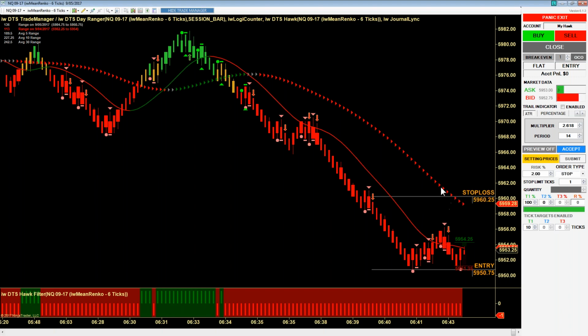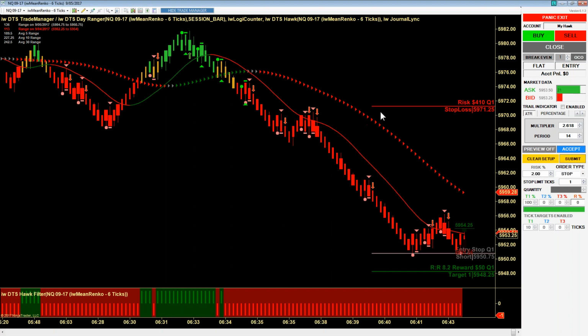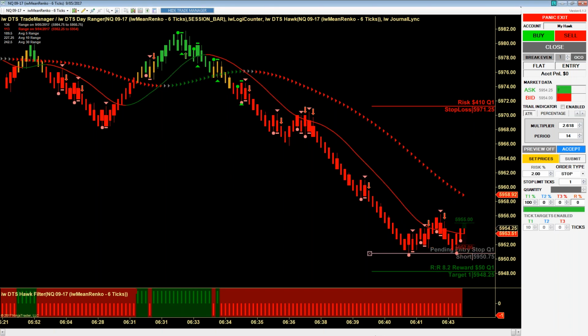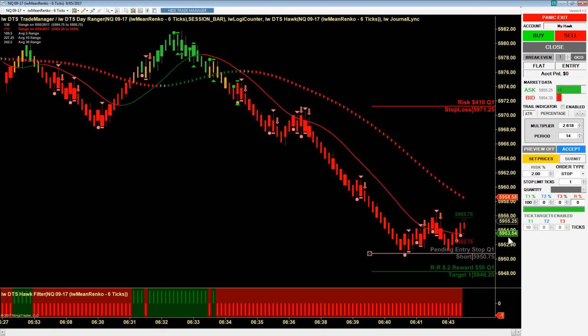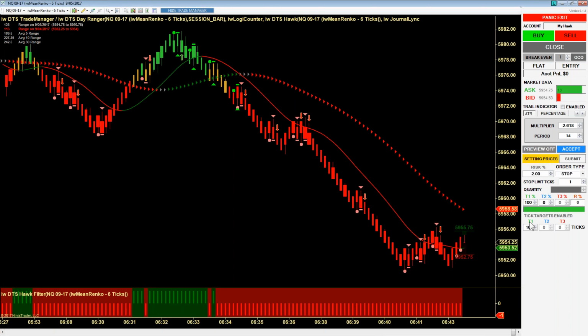Well, where do I cover this trade? Can I cover it all the way up there? Ooh, that's a long ways. That's a long way to cover, and yet that's probably where I need to cover this trade. Okay, now it's moving into a macro pullback, and I think what I'm going to try to do is run this one out. If I'm going to have that kind of money in play,